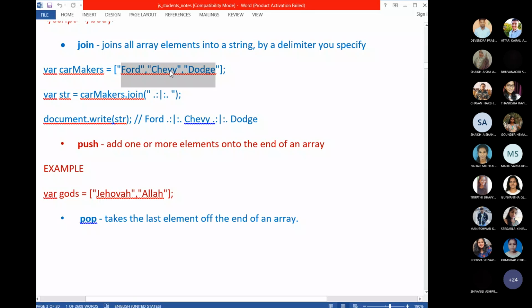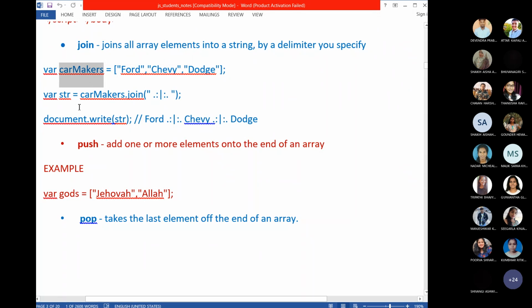Because I assigned the elements, this variable became an array variable. Once I assigned, this became an array object. In the first statement, I have created an object in the name of car makers. What is the type of this object? It is an array object.